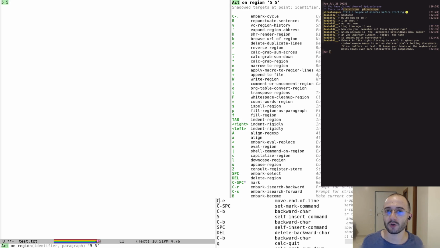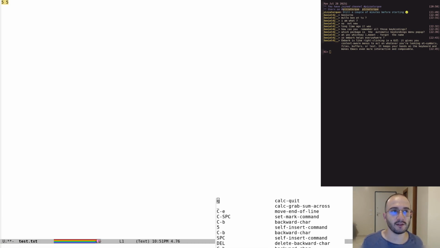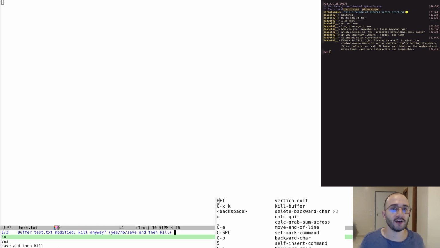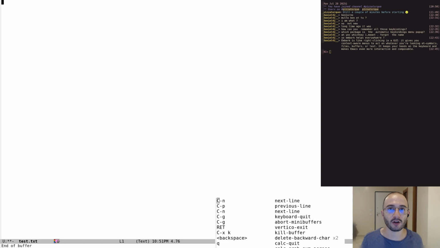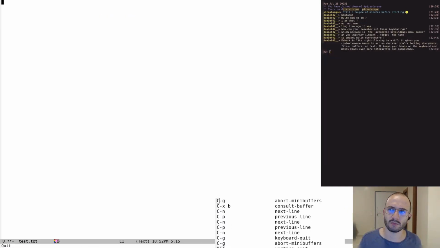Let's see how that works. Underscore, right? Is that right? Yeah, that's right. But if you think about it, you can do this, right? Where you have a sum across and a vertical sum, right? Horizontal, vertical sum. So what you can do is